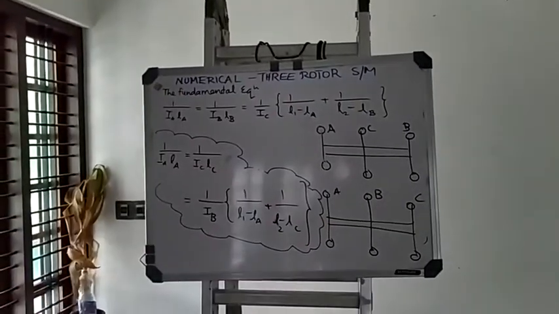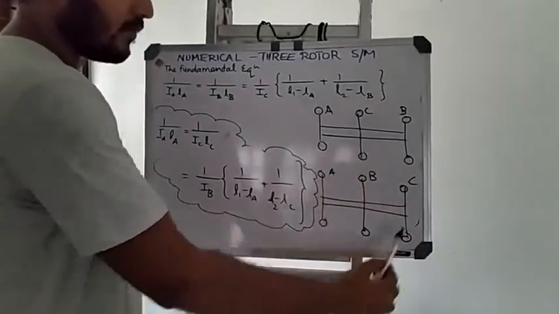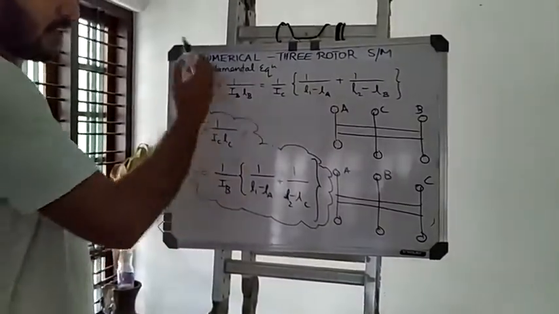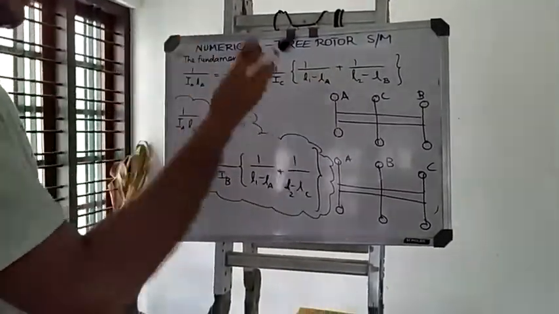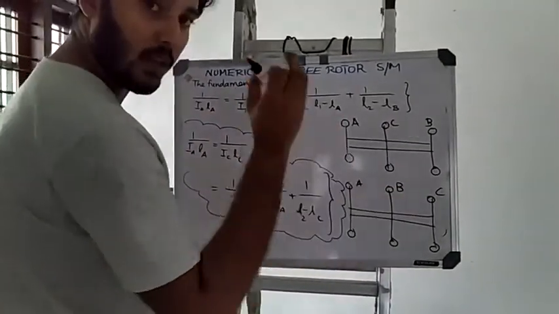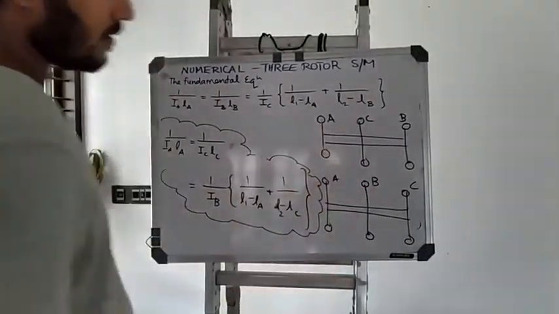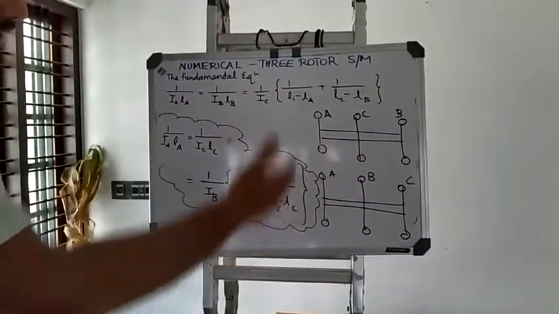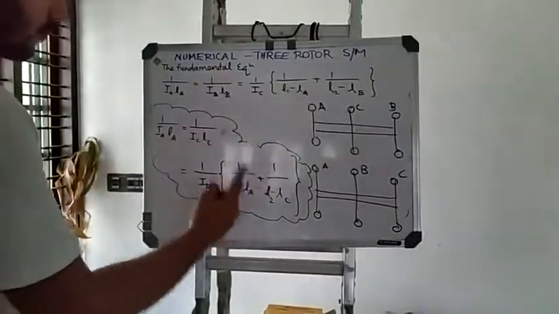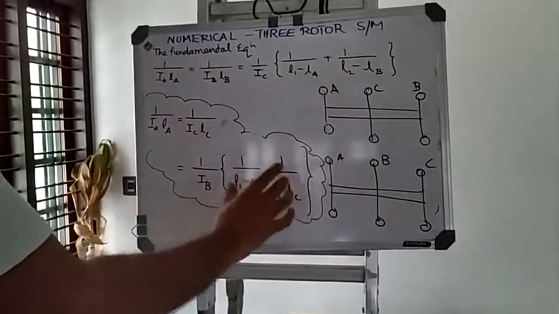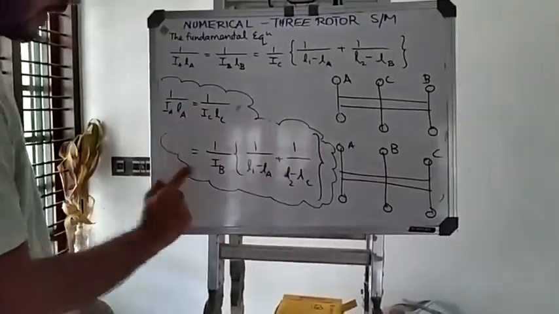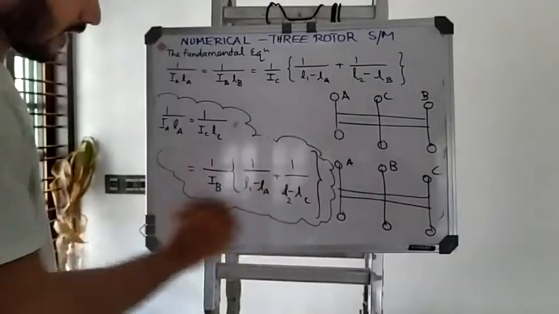So this is how we have remodeled the fundamental equation that we have studied before for the case of 3-rotor system, according to the manner in which we are naming the 3-rotor system. So the equation has the fundamental tone as it remains the same, but the terms are slightly interchanged according to the changing of the notations that we give to the rotors placed. Rotors at the extreme ends and rotors at the middle. Please once again pause the video, rewind the video and look into this one carefully, how we are manipulating the equation and writing this one. So for our current numerical, the equation should be like this one.